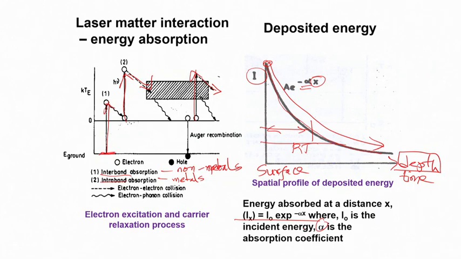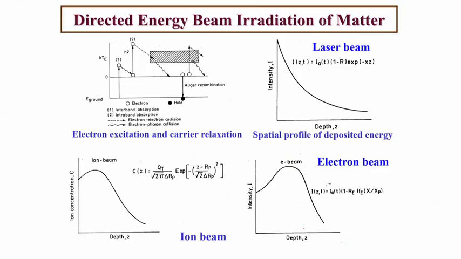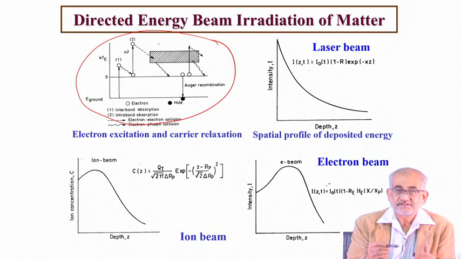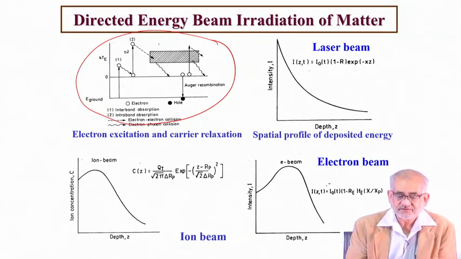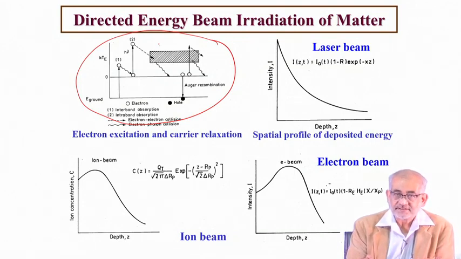As a result, the coupling is more efficient in case of non-metals than in case of metals. So this is the process of conversion of incident photon into lattice heat, and that's what we have just discussed. Now, if you compare the three main types of directed energy beams,